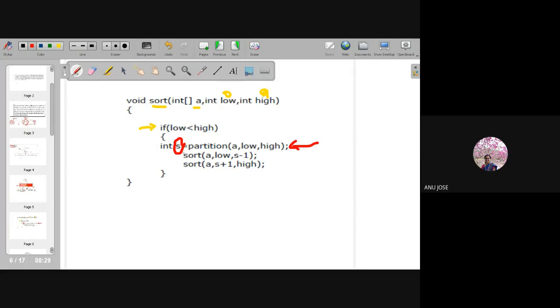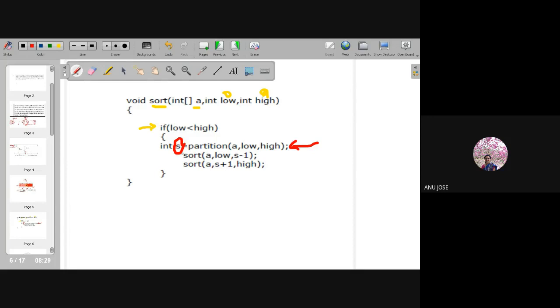Initially I am taking the pivot element as the first element. I have to find out in which index I can keep it so that the left hand side will be smaller and the right hand side will be higher. So S is the index value which will be returned from the partition function.